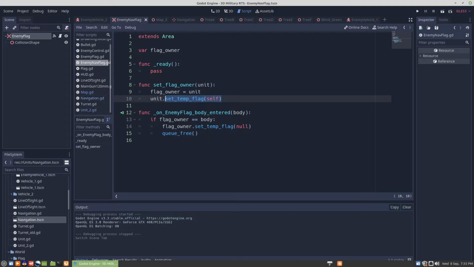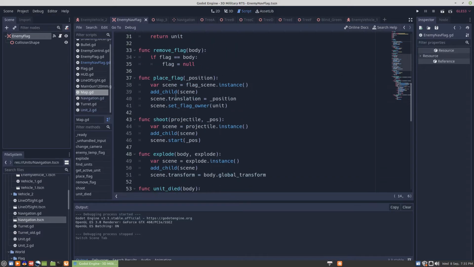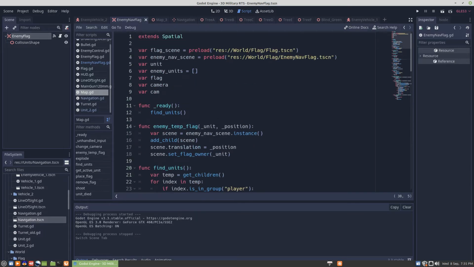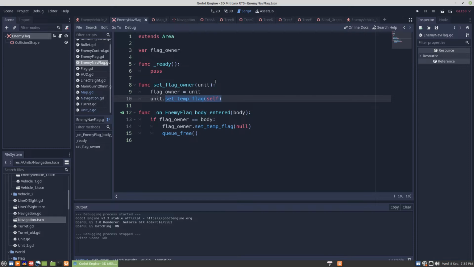It makes the call to the map. The map puts down the enemy flag, so it puts down a flag more like a player flag is planted, because a player flag is put in by being instanced by the map, and the navigation flag is being instanced in the same way. So it does all of the same things when it's being instanced by the map, and there's actually no difference there. The difference is in the flag itself. So when the flag gets set,